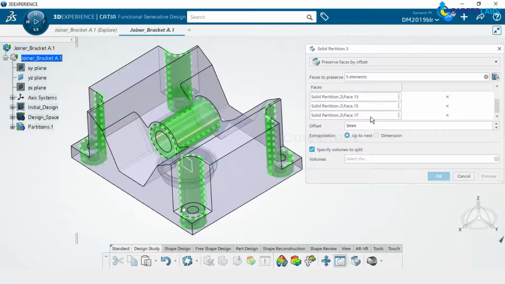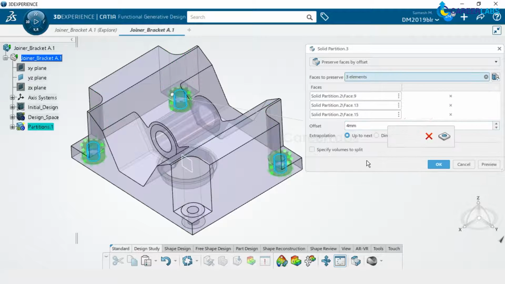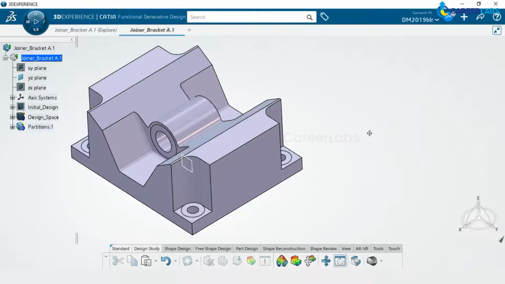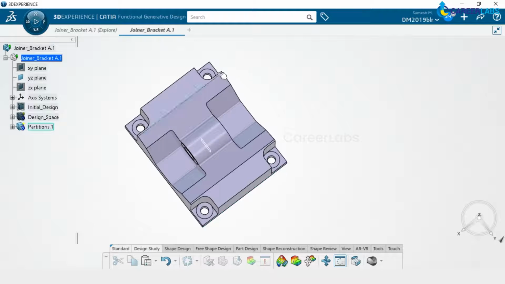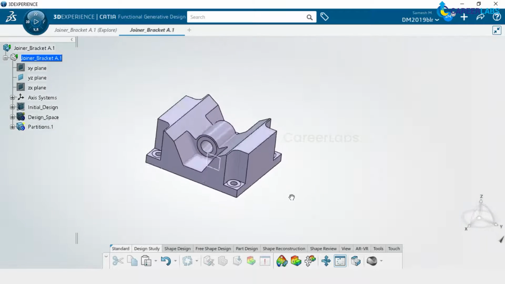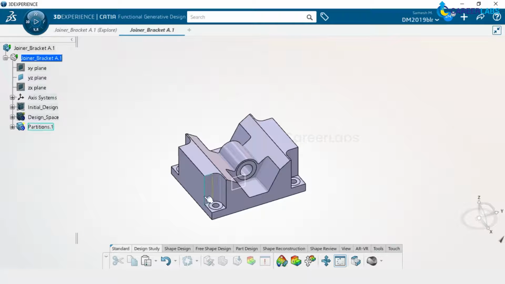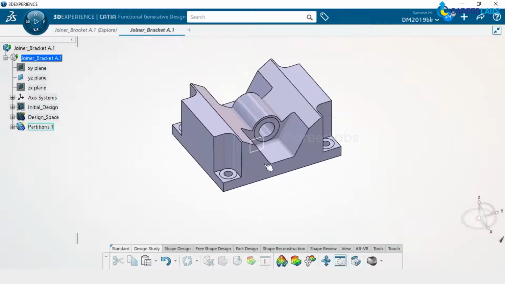So we don't need this part, and we also don't need this particular hole, and we also don't need this hole. Okay, so we go and give 4, and then we say okay. So in one operation, we are able to create partitions at 3 different holes. Okay. Now we have created the partition. So this becomes the design space, and these are the areas which should not be touched.